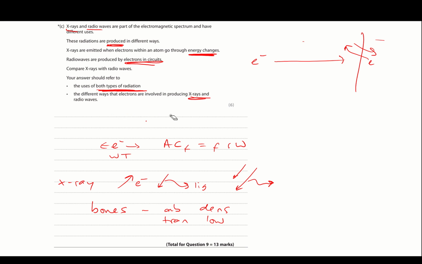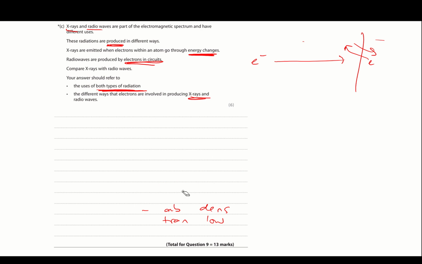I'll go back through all those words because this is a tricky 6 marker. It wasn't done particularly well nationally. They all just got into the habit of talking about electrons and just using the information that they were given in the question rather than answering the question well. So to go through that one last time, and it's going to make this video slightly longer than the others,